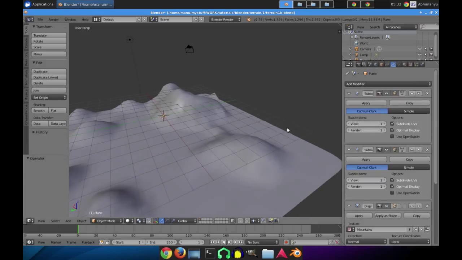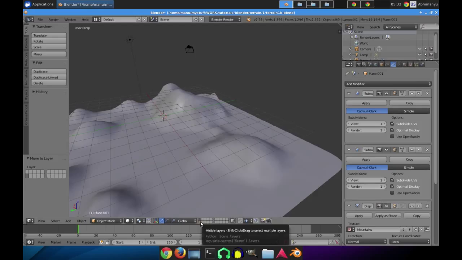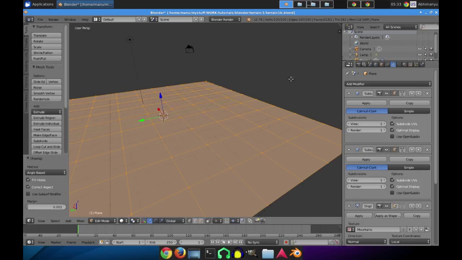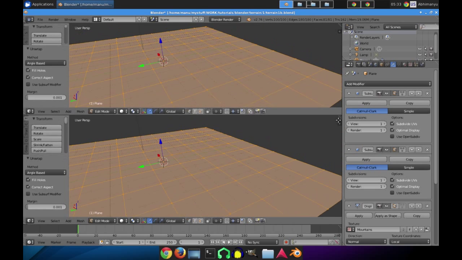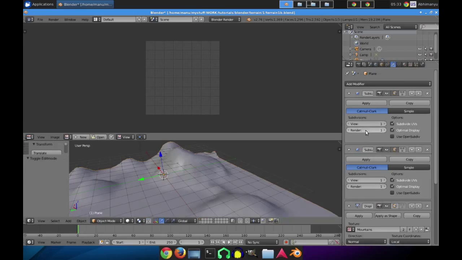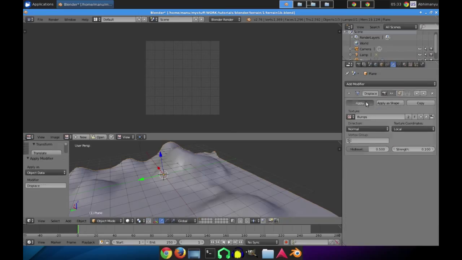Oh wait, first we need to duplicate this and move it to layer 2, layer 11, and for this I'm going to first unwrap it, and we can see that's the nice symmetrical unwrap. So I'm going to apply this as well as this,